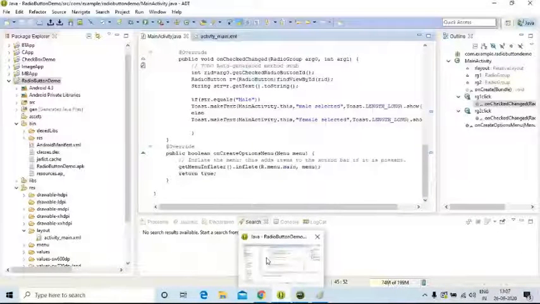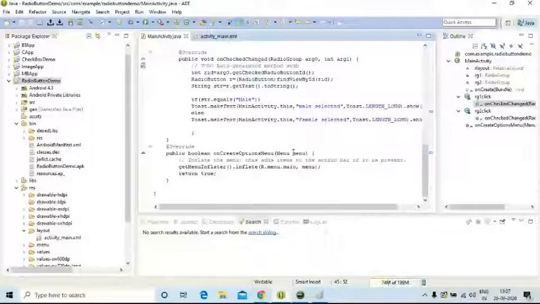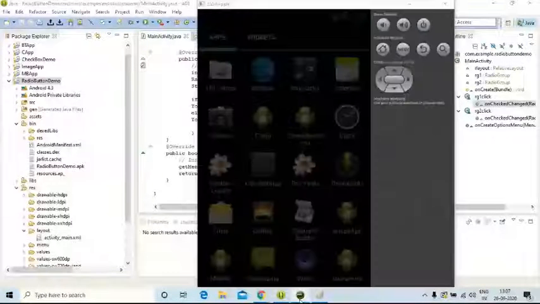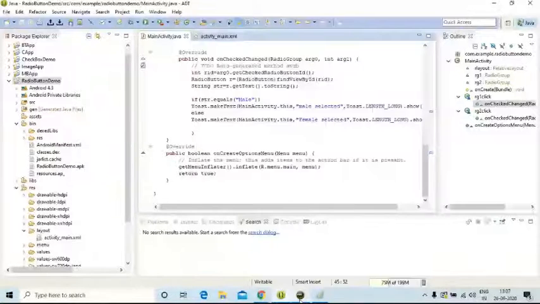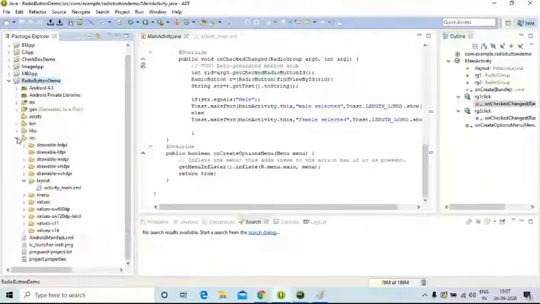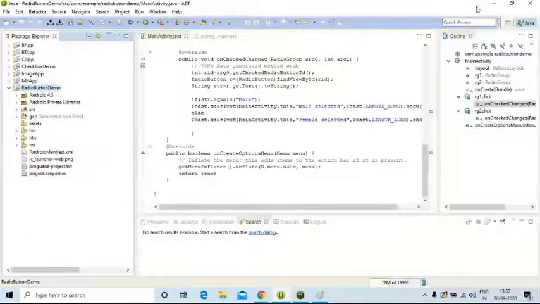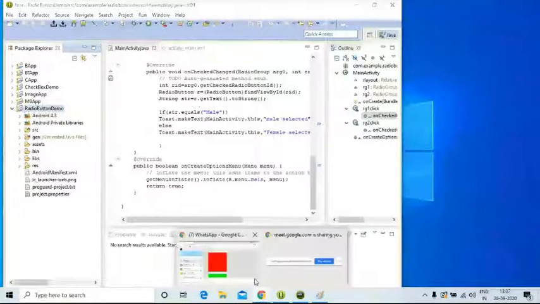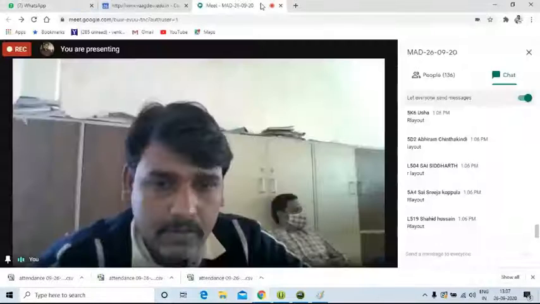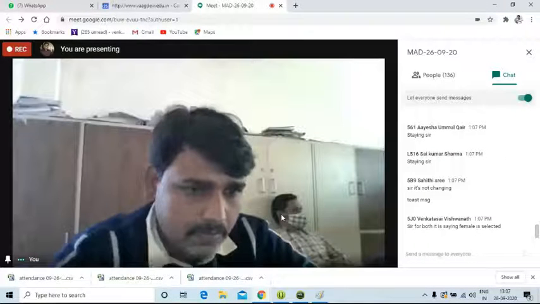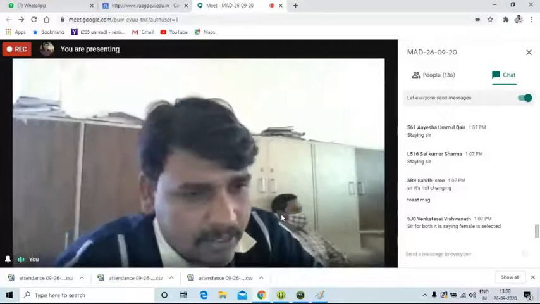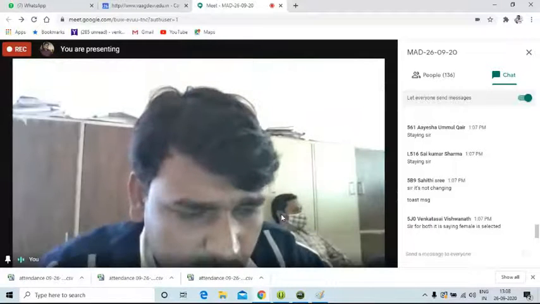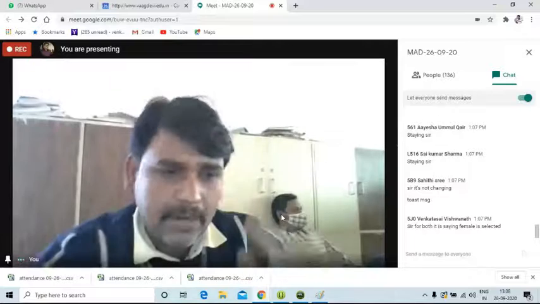Have you observed the toast message? Both it is saying, okay, maybe I have done copy paste so that it is displaying like that. I think so. But we can change the text, no problem.